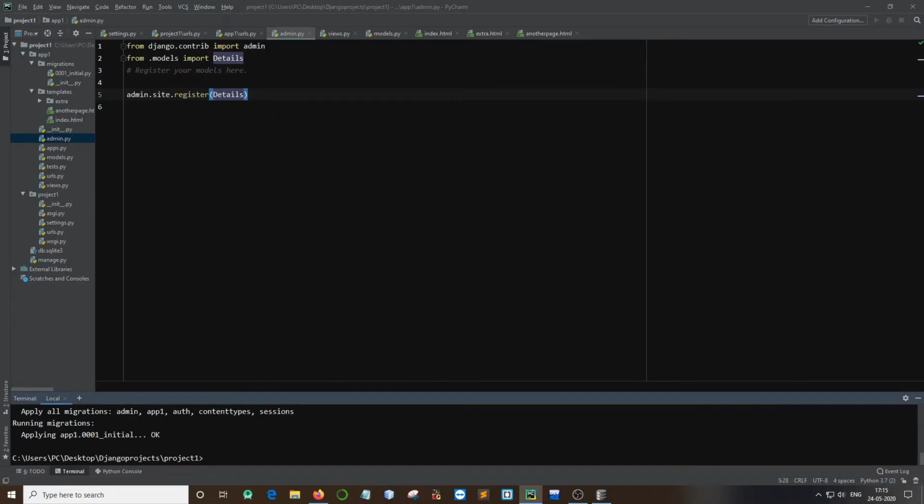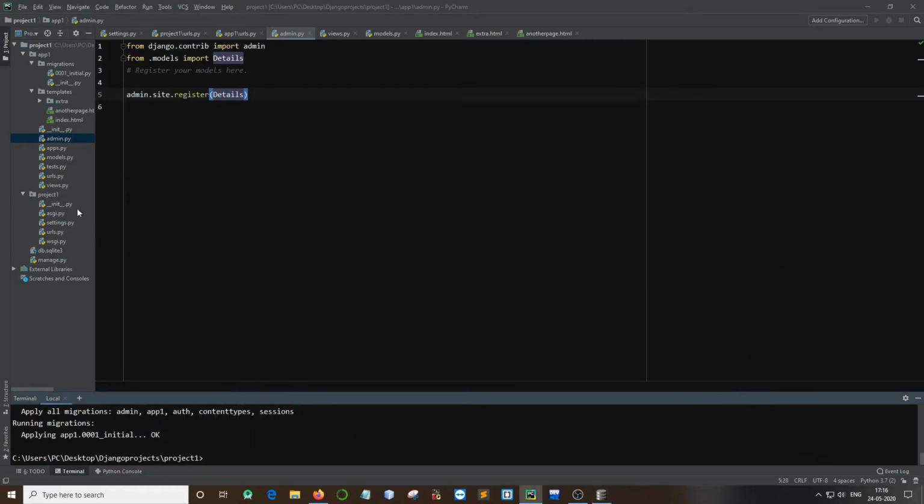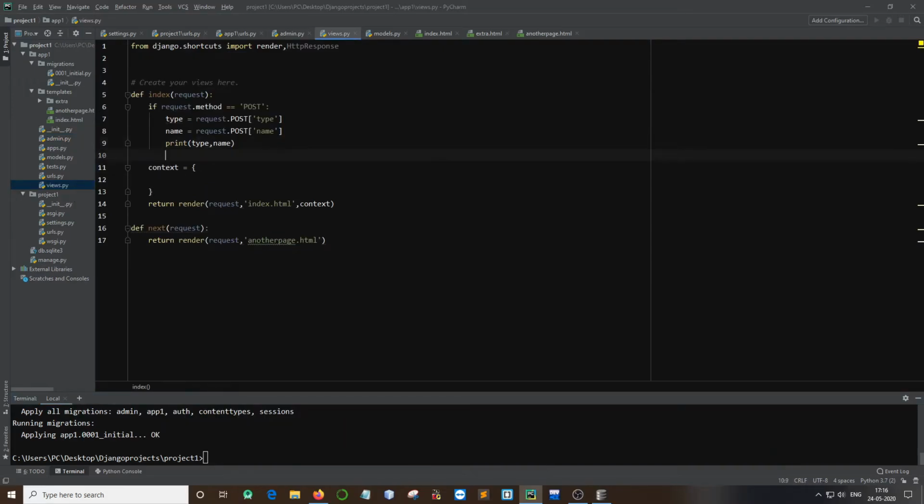Okay, now we have to perform those operations which are going to transfer the data to this model, which is going to save our information to this database. For that we need to go to views.py, and it is very easy. All you have to do is to create an object of that model. Before doing this, we need to import that model. So we need to write from .models import, again Details,